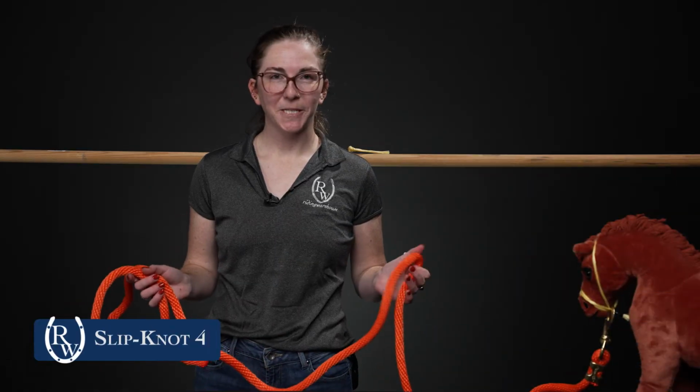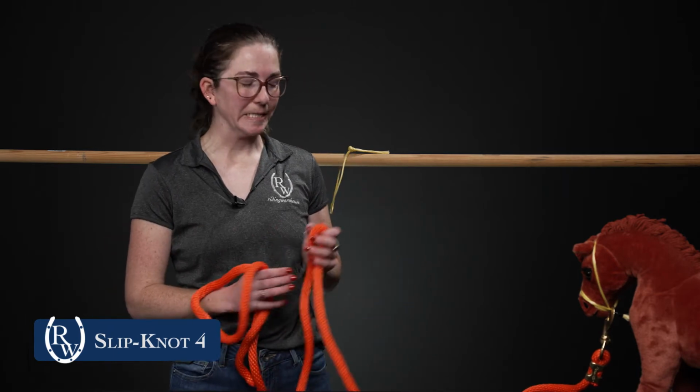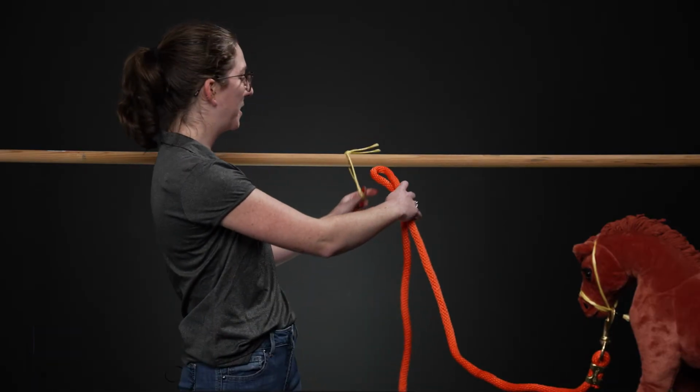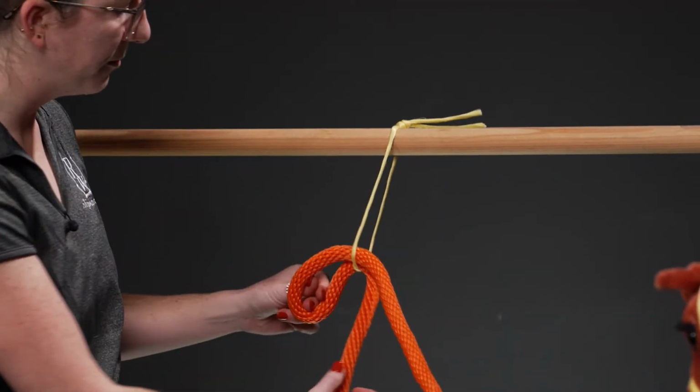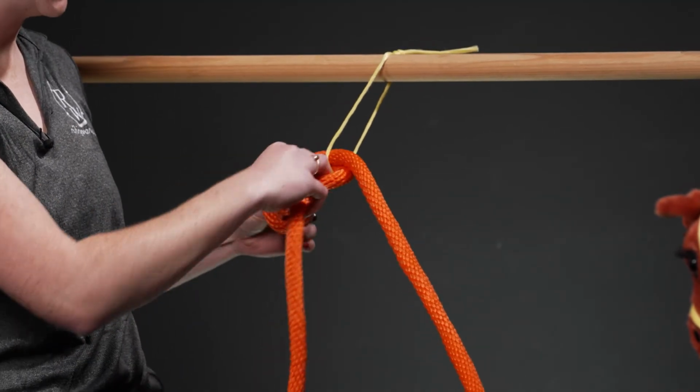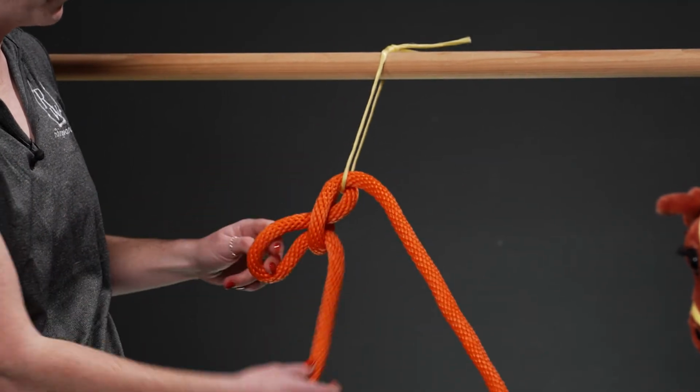This is our fourth quick release knot, and it's probably the easiest. So we're going to start with pinching our rope and sticking it through our twine loop, and then we're just going to go straight to our daisy chain by folding our tail end and sticking it through that created loop,